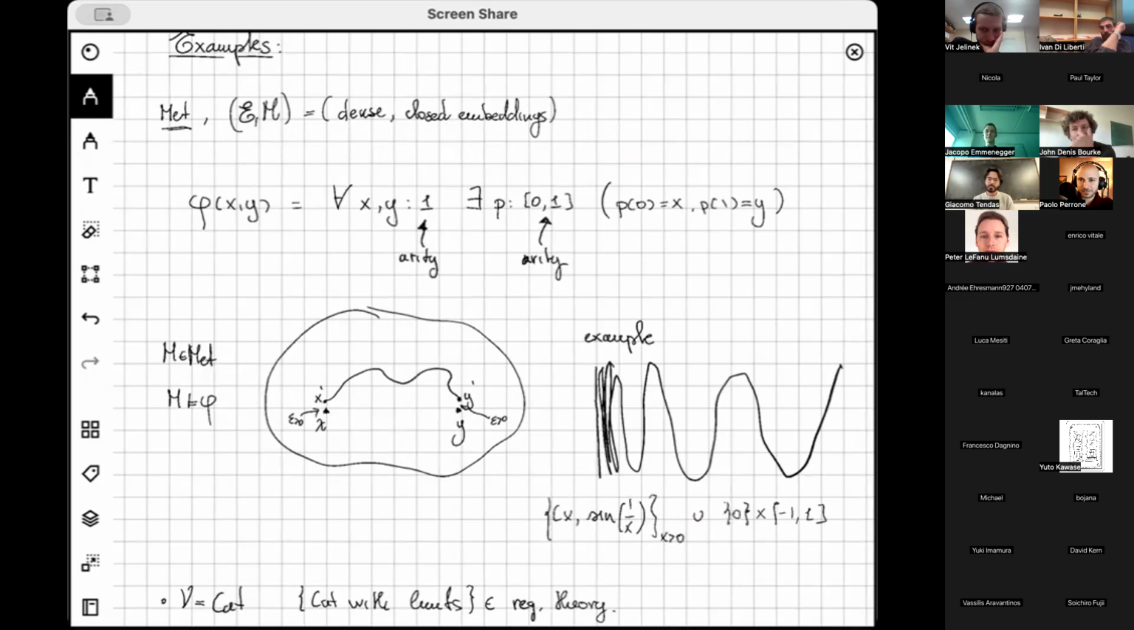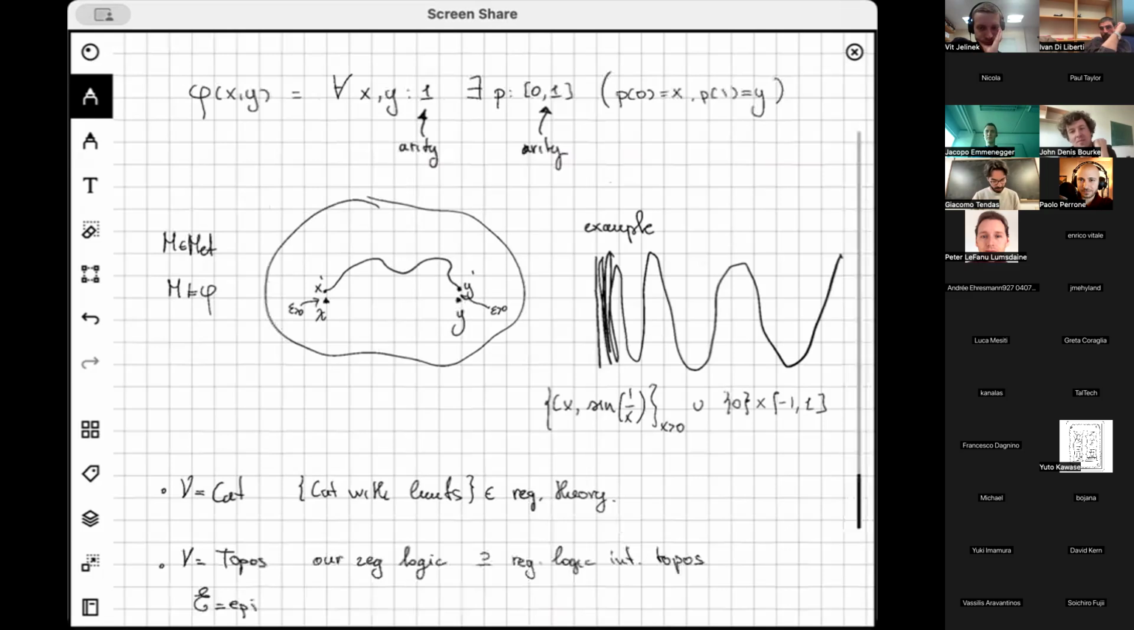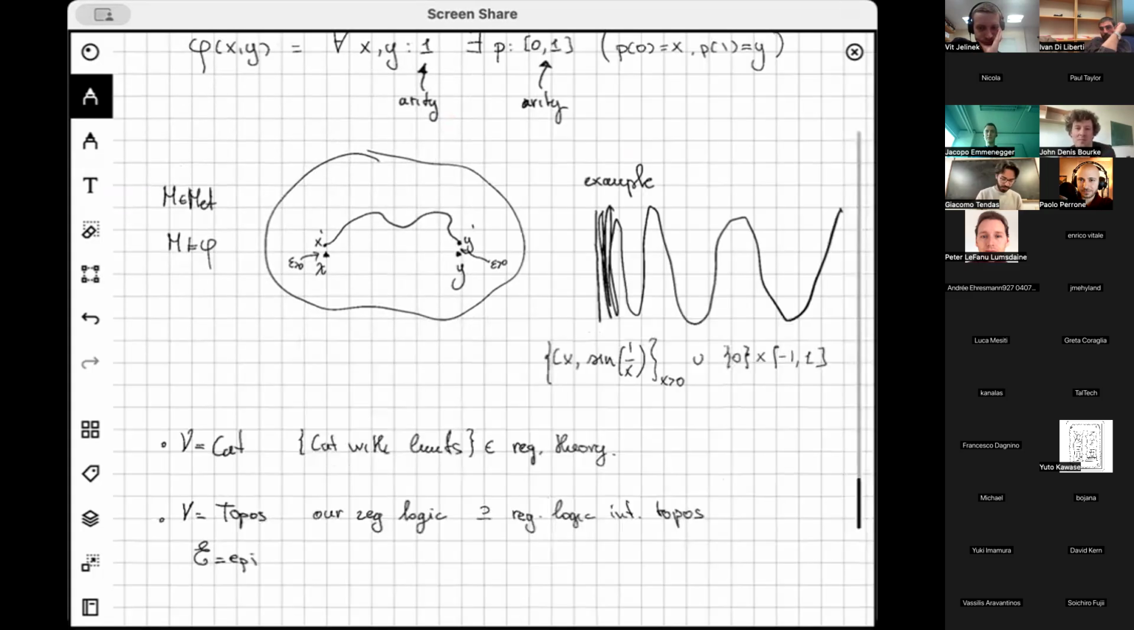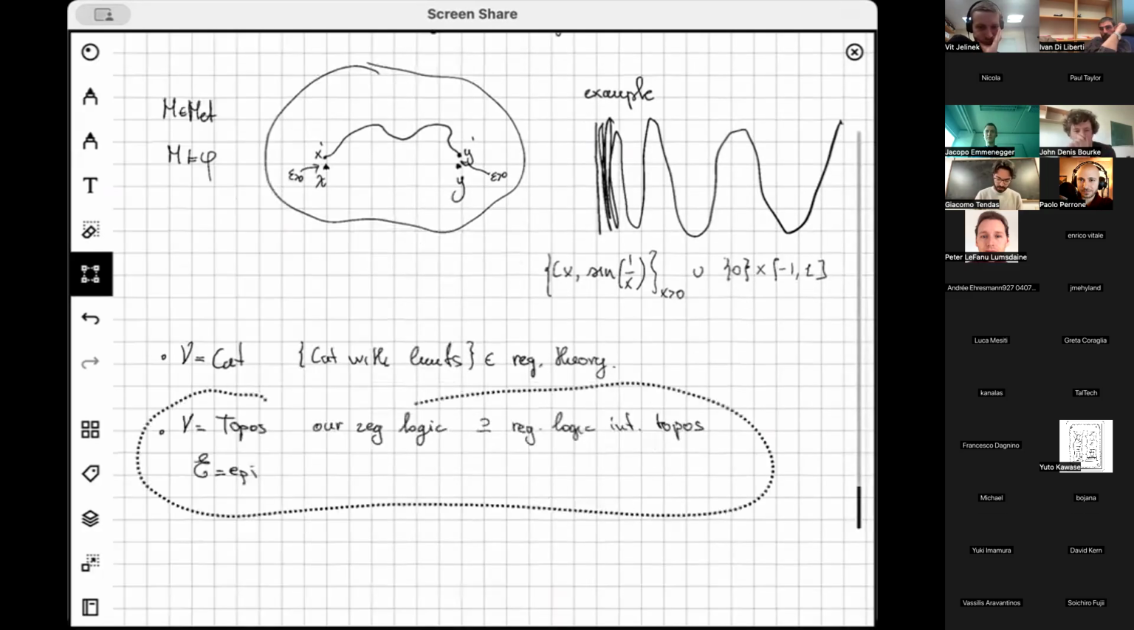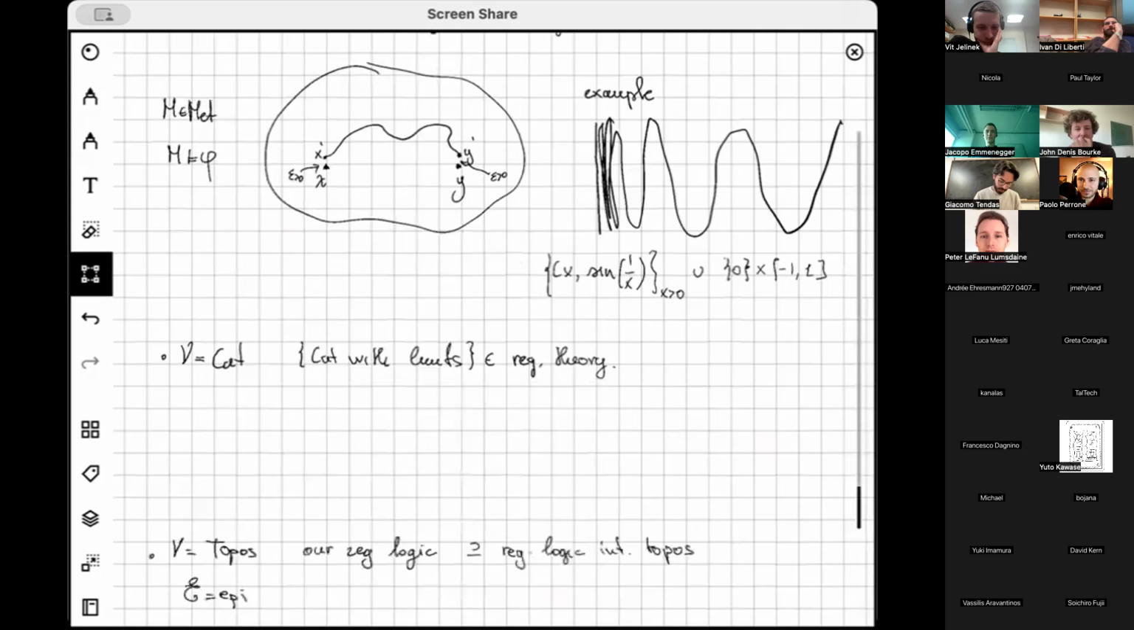So this satisfies this property, but it's not path connected. Forget the drawing. Other examples, well, I didn't leave much space. If you consider cut and take